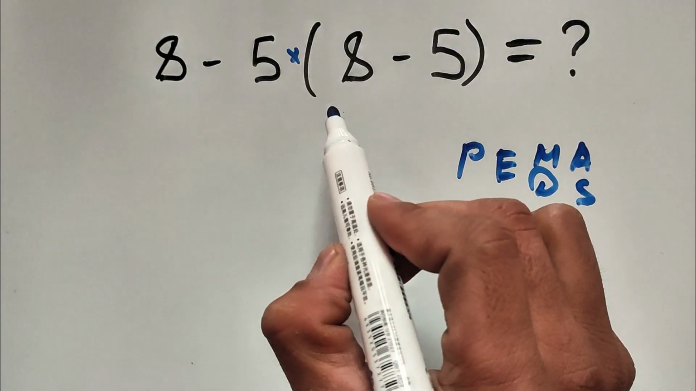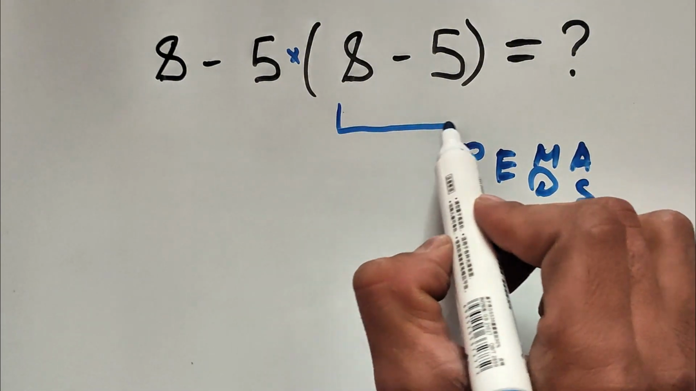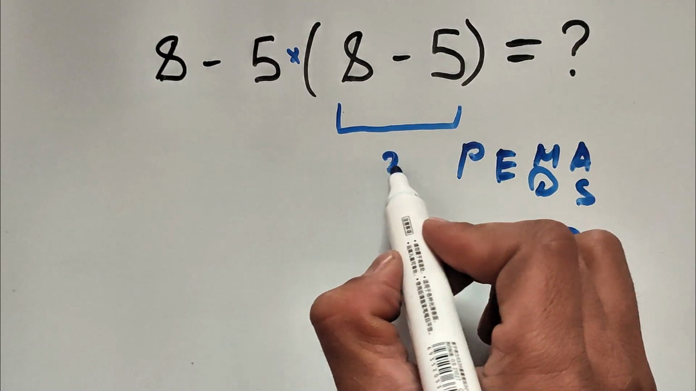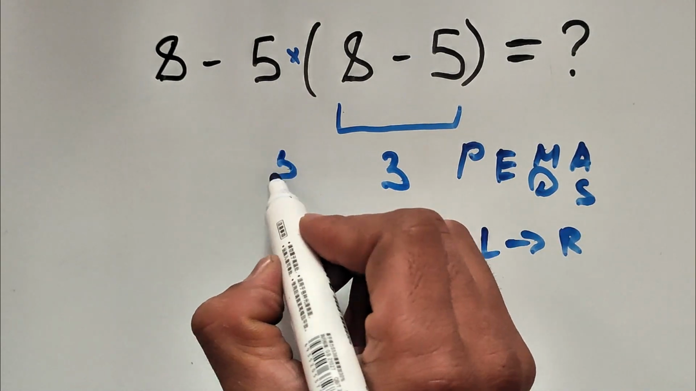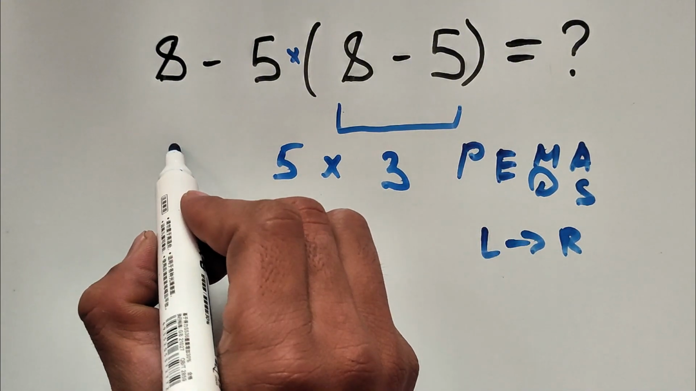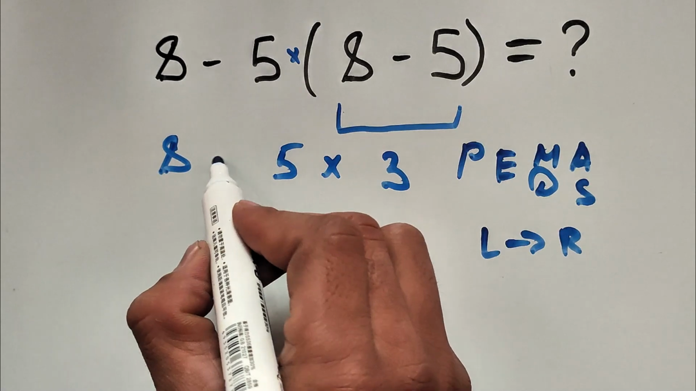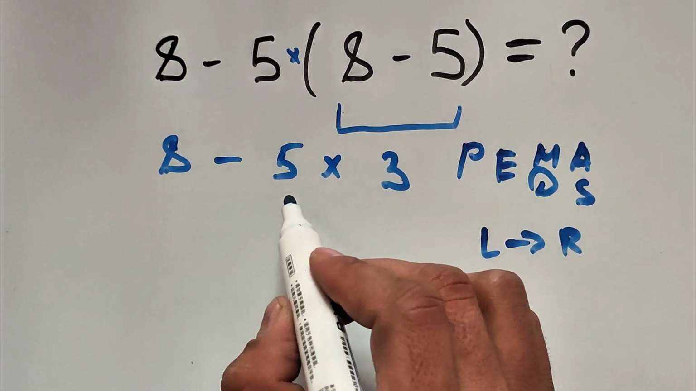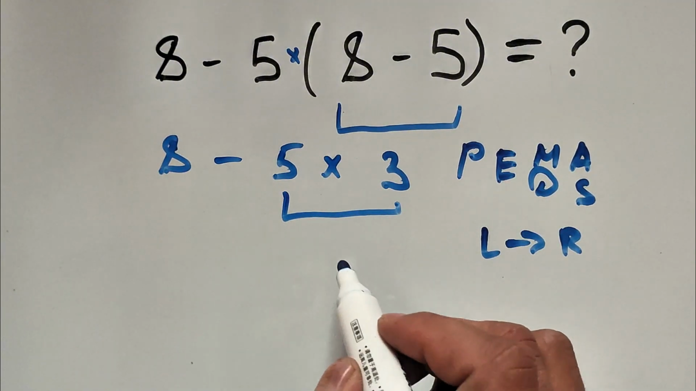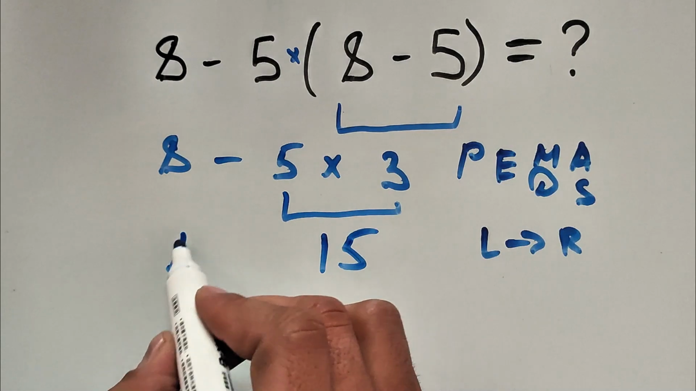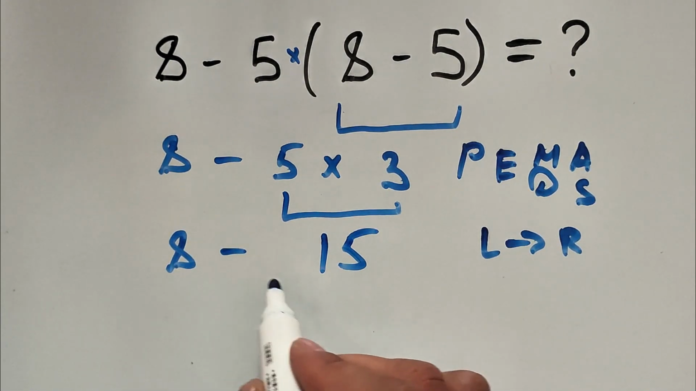According to this rule, first we have to work inside the parentheses. 8 minus 5 gives us 3, and there is multiplication here. 5 multiplied by 3, and we have to copy the rest. And according to this rule, first we have to work 5 multiplied by 3 gives us 15, and 8 minus